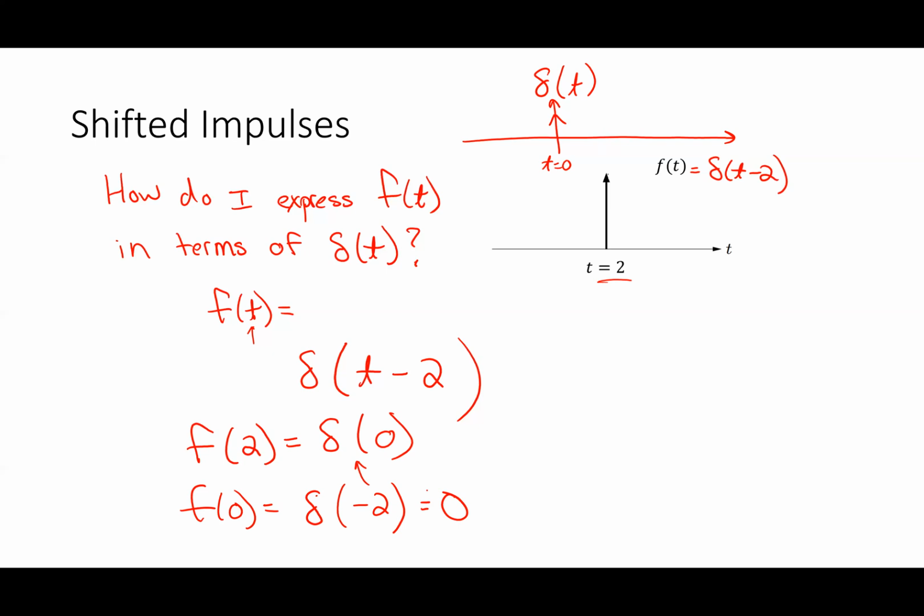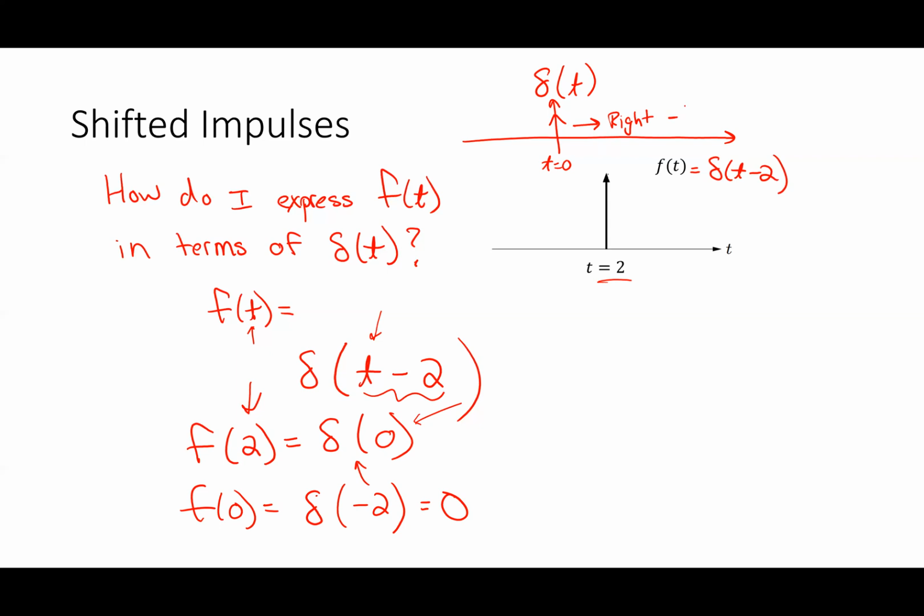If I plugged in every possible value of time into this function, what I would see is that it should match up with what I know about the delta function. I look carefully at the argument of the function to make sure that it matches up with the function I'm plugging into. That's going to get a little trickier when we start doing some of the manipulations on Friday, but this is an important thing to remember. And what this works out to be is, if I shift a function to the right,